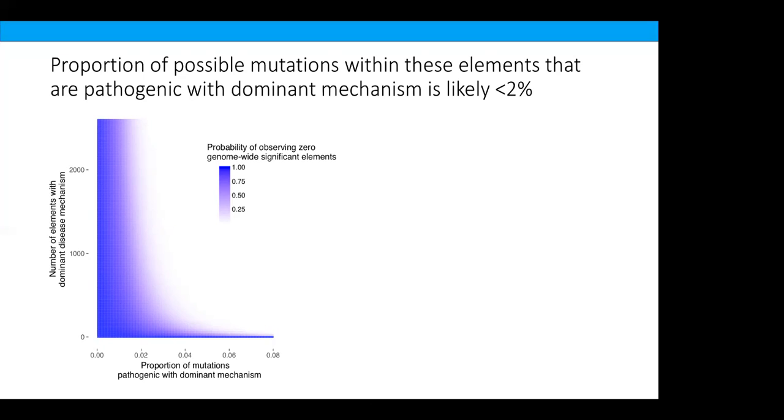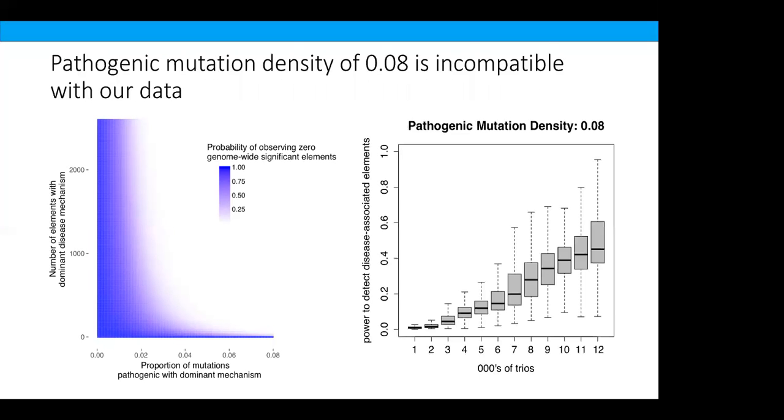And this has real implications on the power that we would expect to have in studies like this. So for instance, if it was about 0.08 or 8% of mutations, like what we'd expect in genes, then we'd actually have reasonable power. Not reasonable, but we'd have about 20% power, 20 to 25% at 6,000 or 8,000 probands. So you should start to discover some